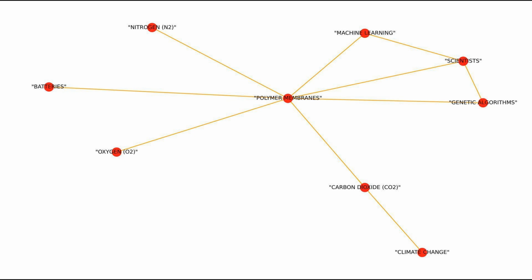Polymer membranes are like special filters that help separate gases, particularly carbon dioxide, CO2, from other gases like nitrogen or oxygen. But imagine trying to sort out different colored marbles from a bag. You want to grab the red ones, CO2, while leaving the blue one, N2, and yellow, O2, behind. This process is really important for protecting our environment because too much CO2 in the atmosphere contributes to climate